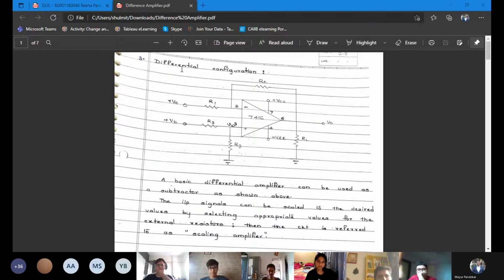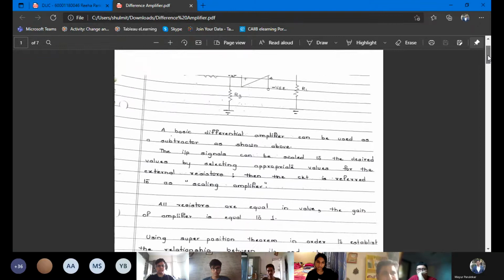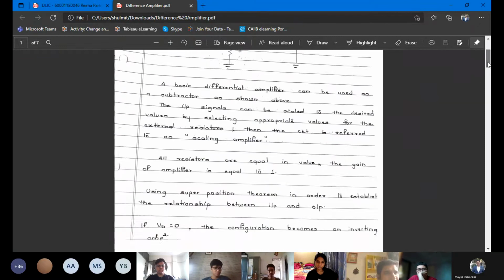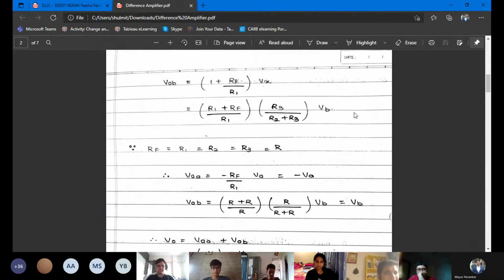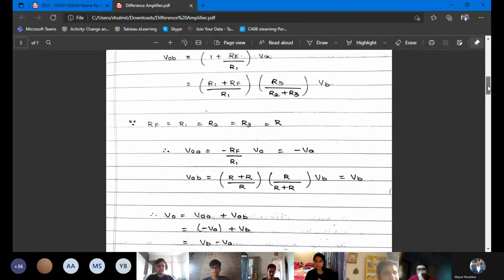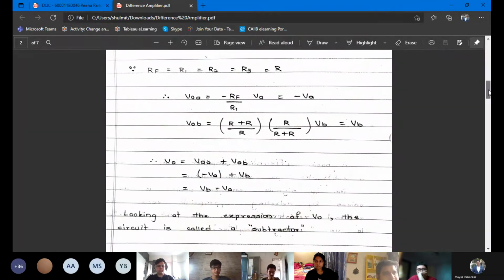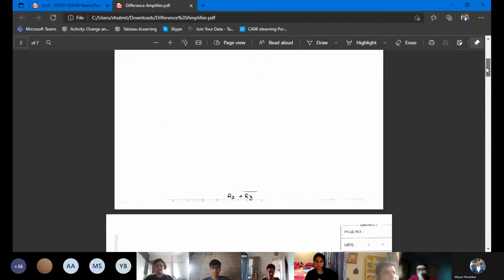So this is the configuration that I'm talking about, the difference amplifier. I want you all to have a look at this because we are going to be using this to create those linear equations. All right. So have a look at this particular thing. If you have any questions on this, it's basically the exact same thing that we did with the non-inverting amplifier, where we applied the superposition theorem. All right. So do that and check if you're able to understand this. Nidhi should be joining in by that time.